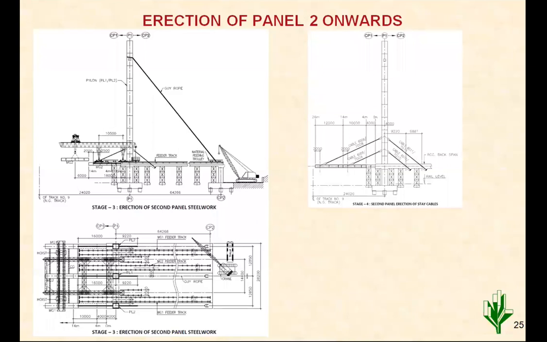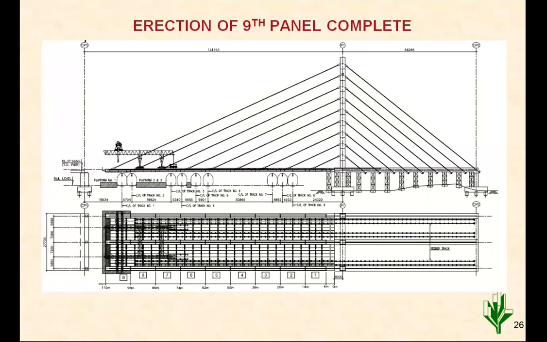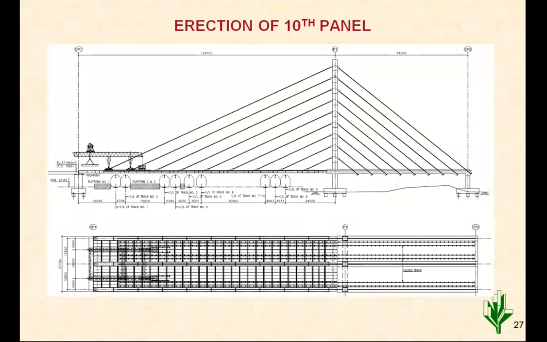So this bridge has been completed much faster as compared to the Nagpur one because of the construction methodology. They have changed from concrete to steel composite construction, and the pylon also they have made in steel, and the whole pylon has been taken outside the railway boundary. So there was hardly any entrance to railway traffic, and safety was also ensured during the initial stage itself. So that's how the erection of this bridge was completed.